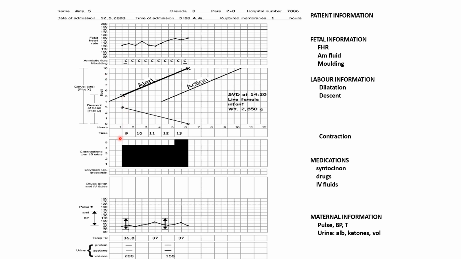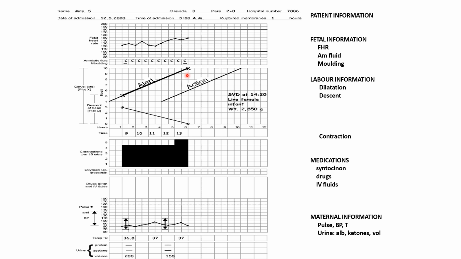So at 9 o'clock, that is at the first hour, as per this picture, when I have done the vaginal examination, the cervical dilatation was here. You can see a small Hindu mark here, and another small Hindu mark here also. So the descent I have told you that you have to mark with a circle, and the dilatation you are supposed to mark with a small Hindu mark, and that time the dilatation was 5 centimeter. This is corresponding to 5. So at 9 o'clock it was 5 centimeter. Again the second vaginal examination I have done at 1 o'clock, that is 13 hours, 6 hours total duration of labor. That time it was 10 centimeter dilated, that is the cervix was fully dilated at that time.